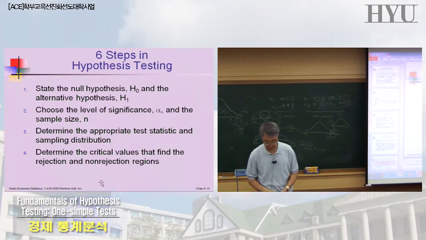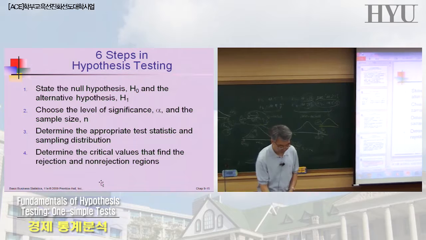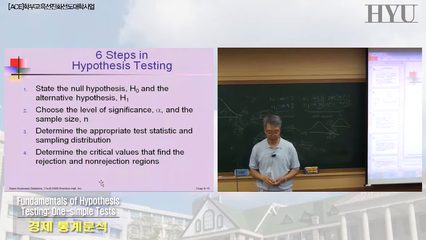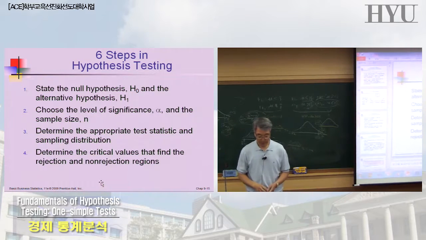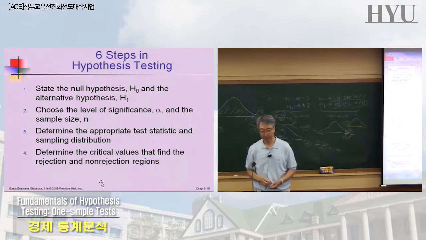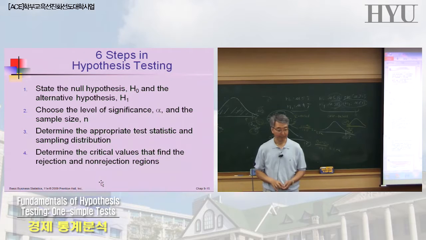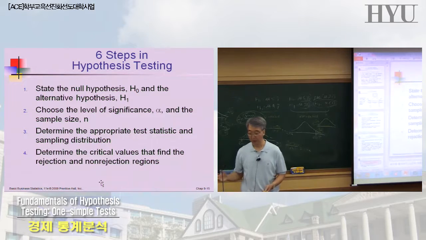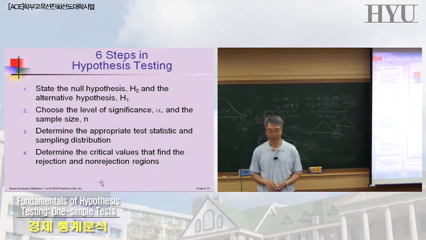And here again is the summary review of the steps in hypothesis testing. You start out with a null hypothesis and alternative hypothesis, okay? And you have to decide your alpha level. What is it? The name is level of significance, but what's the concept of alpha? It is the probability of which error? Type 1 error, right? Remember, alpha is the probability of type 1 error. What's the type 1 error? It's the error of